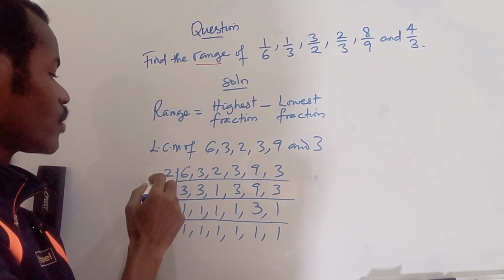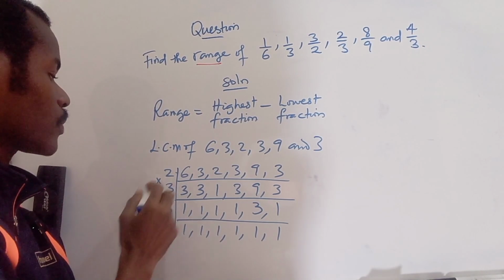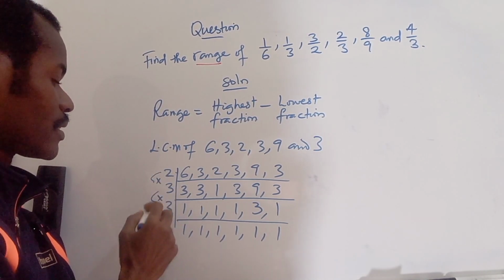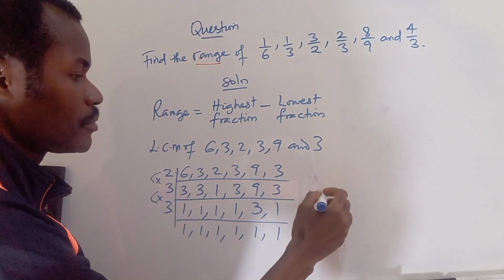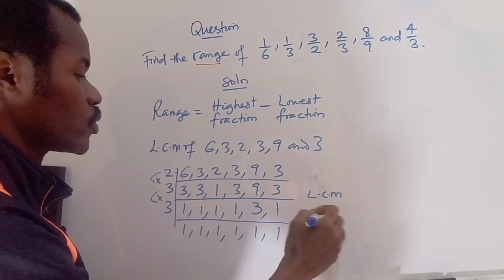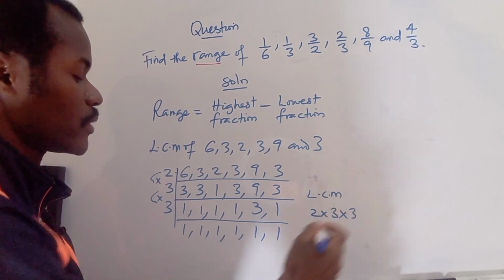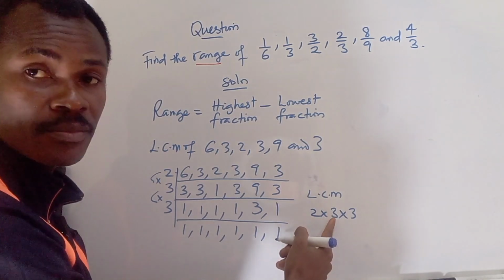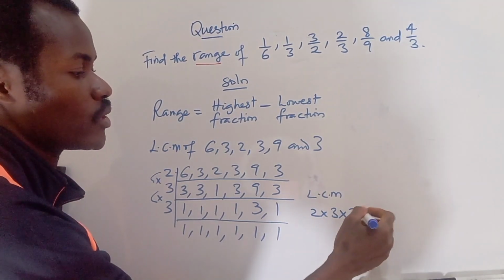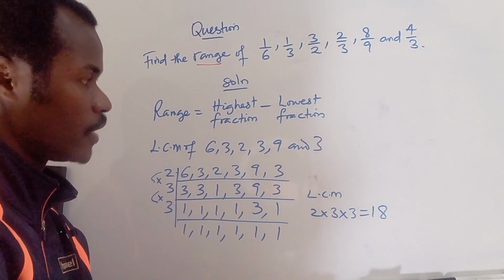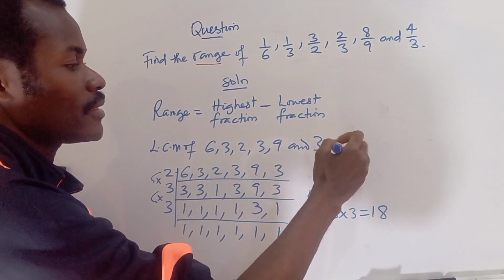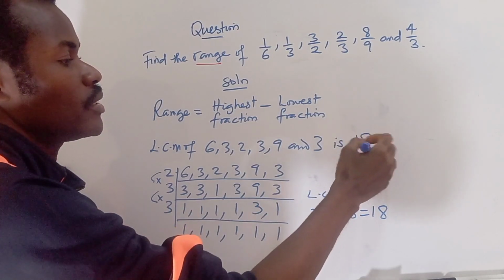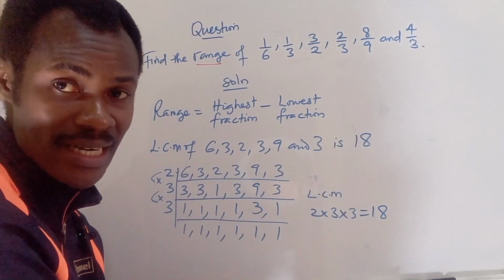So our LCM is we're going to multiply all these: 2 times 3 and times 3. So multiplying all this gives us the LCM. So 2 times 3 is 6. 6 times 3 is what? 18. Okay. Now that we have our LCM of all the denominators as 18, we can now use that to